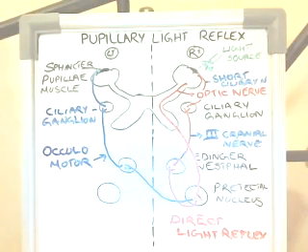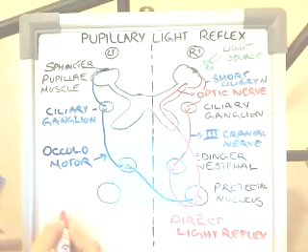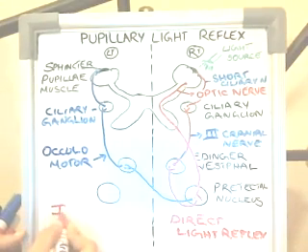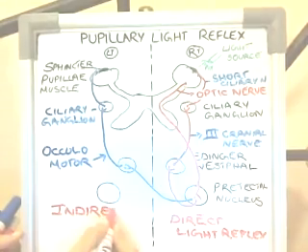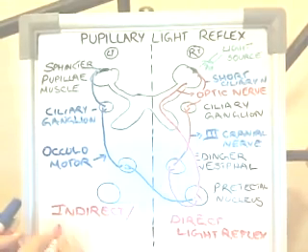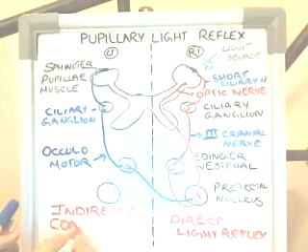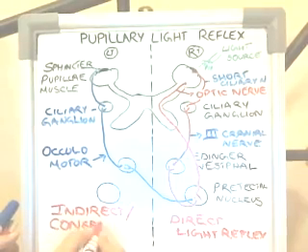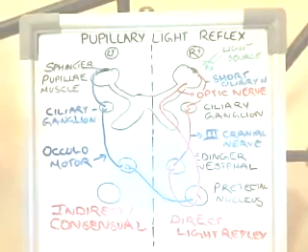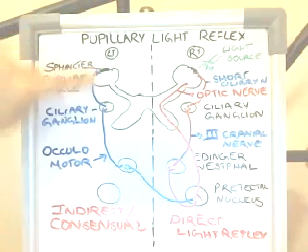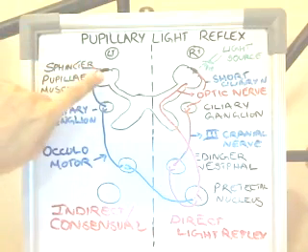The constriction in the same eye is the direct light reflex, and the constriction in the opposite eye is called the indirect light reflex, or the consensual light reflex. Similarly, if you shine a light into the left eye, in the left eye the pupillary constriction occurs